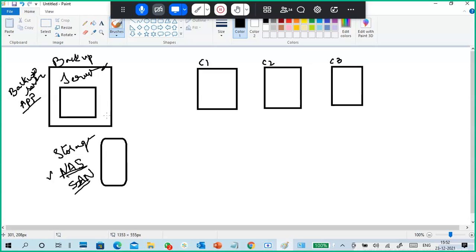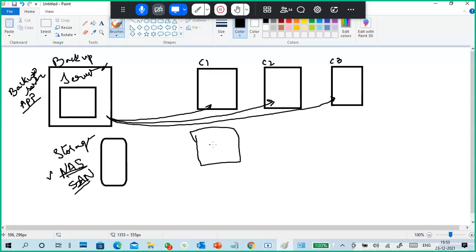Now you want to make a communication to the client. So how do you communicate to the client? How can two PCs communicate with each other? With the help of IP address.